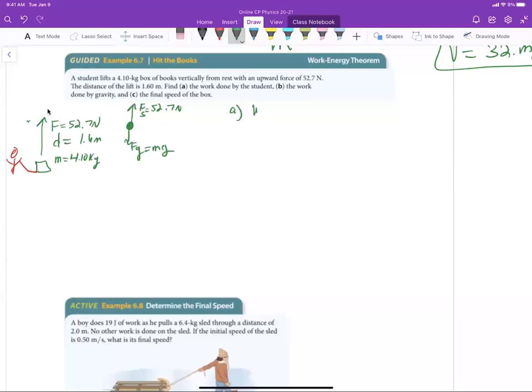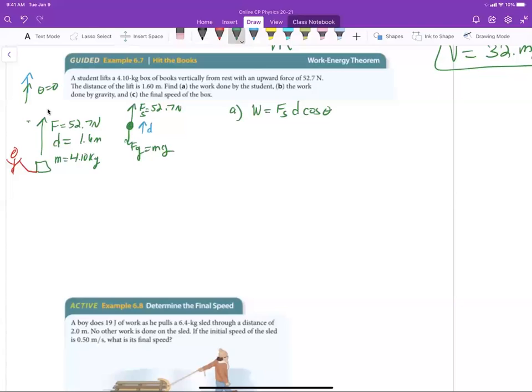A, work equals force of the student times distance times cosine theta. I am traveling upwards, so this is the displacement vector. The angle, so I have distance upwards, force upwards, theta equals 0. There is no angle between those two